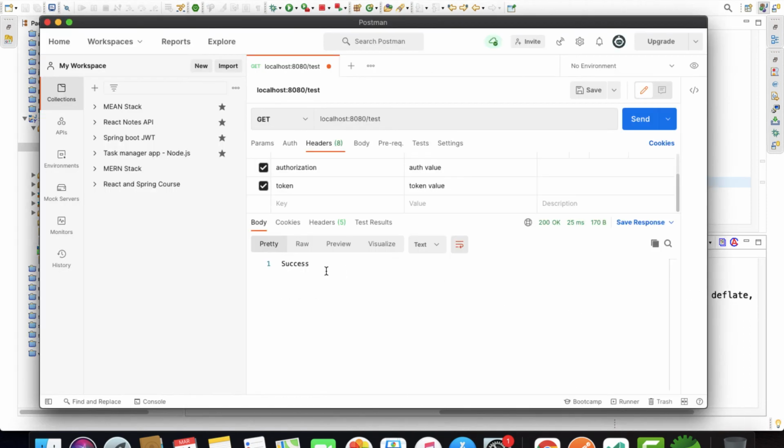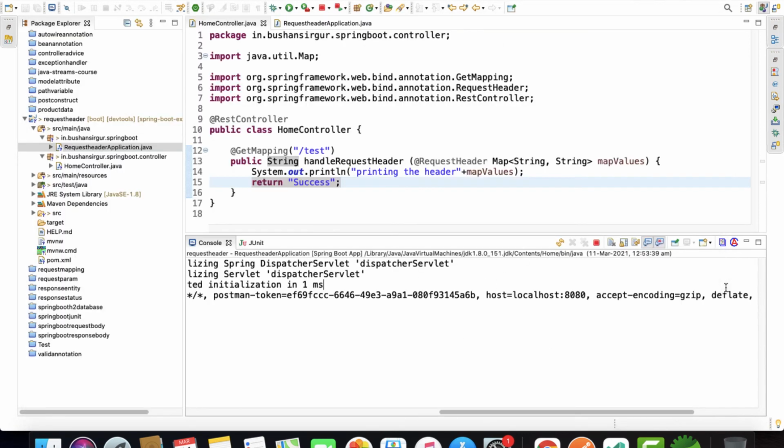Where are these coming from? If you look at these headers, inside these headers we also have token, authorization, connection, accept encoding, and user agent. So if we use a map as the method argument, and we bind the @RequestHeader to a map, then it will populate all the names and values.